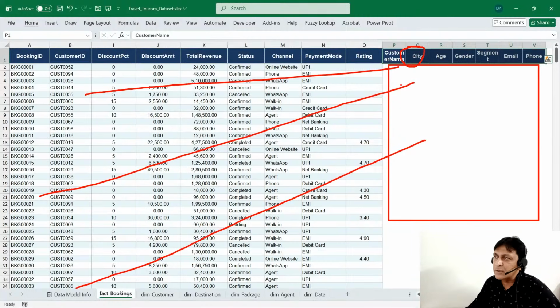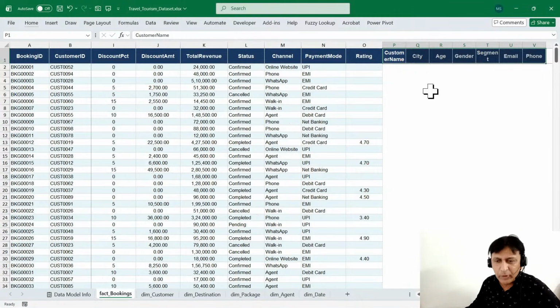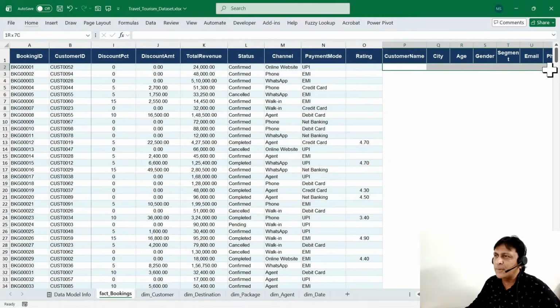अभी मुझे जरूरत है कि मुझे सिटी वाइज देखना है, कौन से सिटी के ज्यादा कस्टमर्स है, जेंडर वाइज देखना है कि बुकिंग कहाँ पे हो रही है ज्यादा, सेगमेंट वाइज मुझे देखना है कि कौन से सेगमेंट की हो रही है। हम लोग यहाँ पे वी लुकअप और एक्स लुकअप लगाएंगे, बिल्कुल सही।